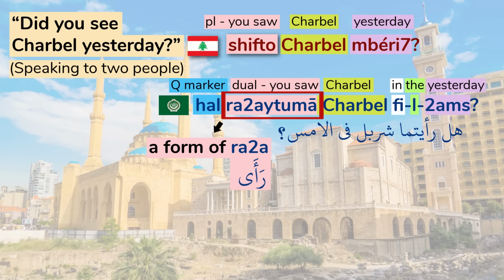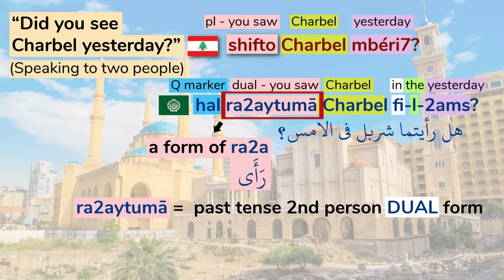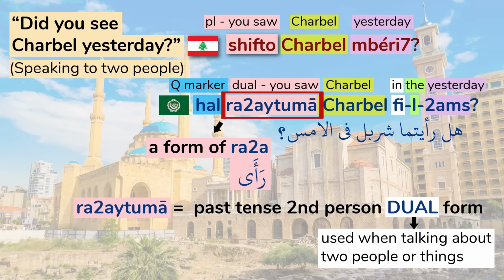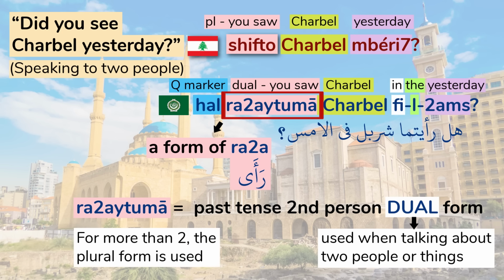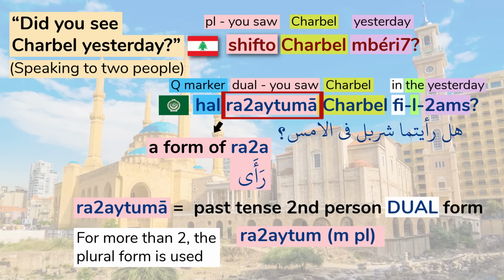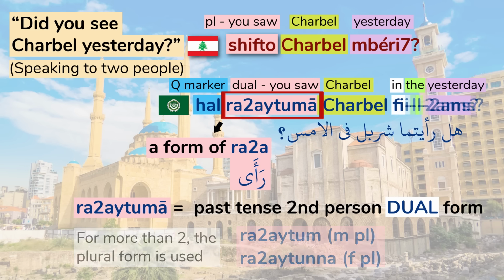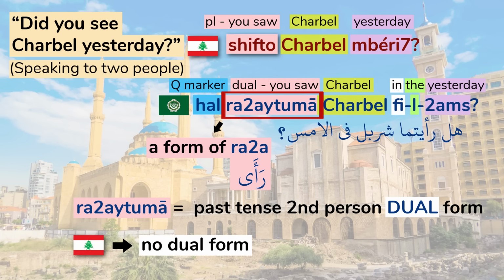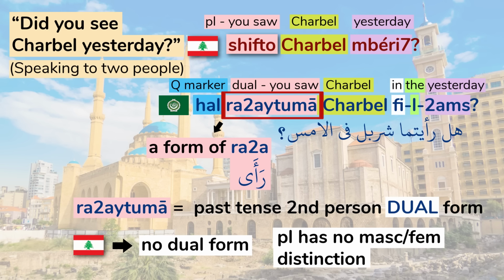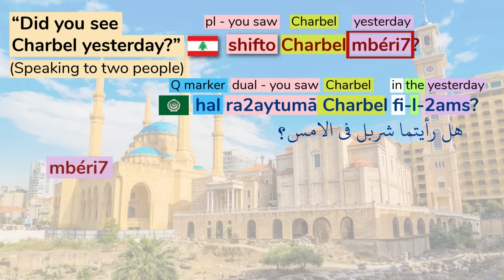ra'a. Here the verb is conjugated in the past tense second person dual form, a special form used when talking about two people or things. For more than two people, the regular plural form would be used. In this case, رأيتم in the masculine or رأيتن in the feminine. Lebanese doesn't have dual forms and uses the plural for pairs of people or things. I should be clear that I'm talking about verb forms. In Lebanese, there are dual forms for nouns. It's also worth noting that Lebanese plural forms have no distinction between masculine and feminine, while in MSA they have different forms. Notice the word for yesterday, امبارح,